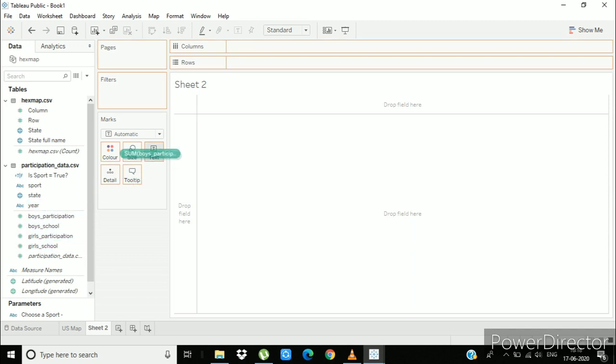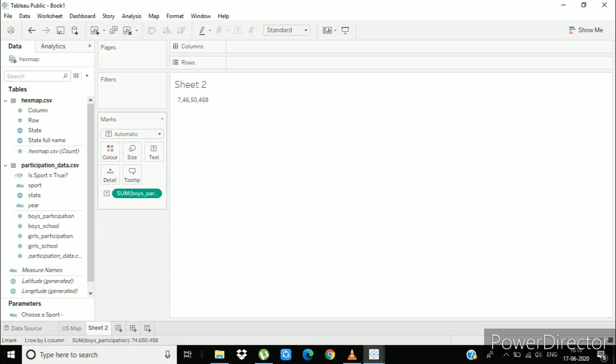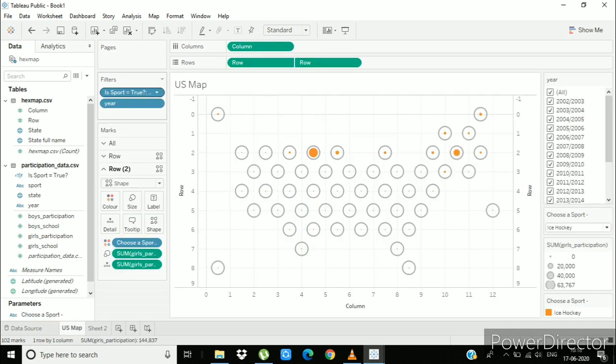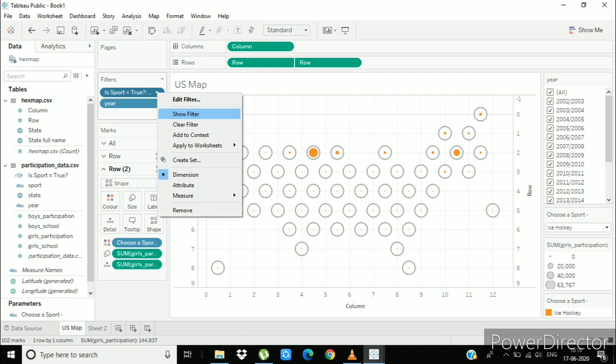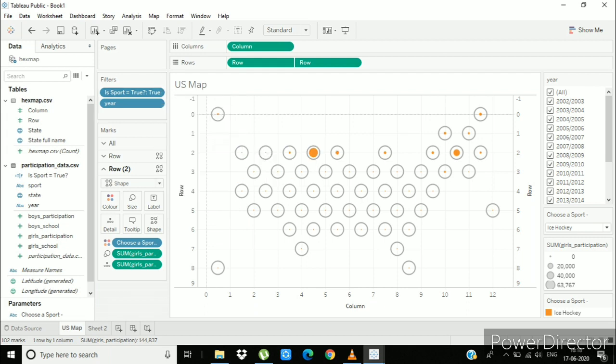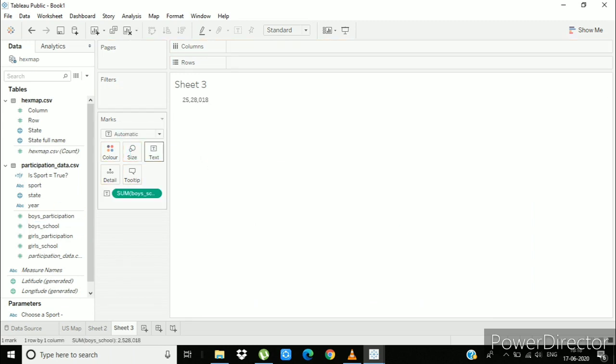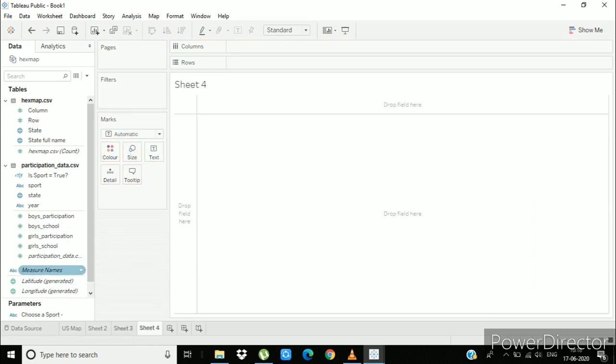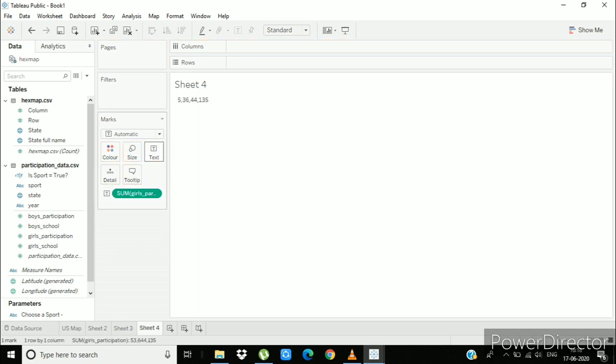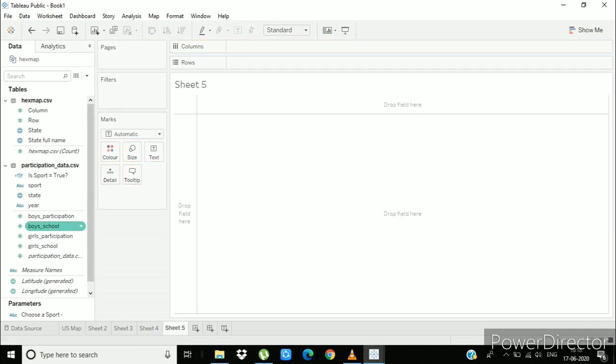Drag the boys participation to the text. Create another sheet. Drag boys school to the text. Create another sheet, drag girls participated to the text, drag girls schools to the text.